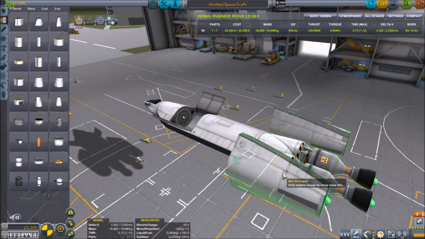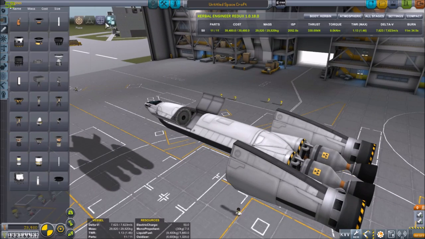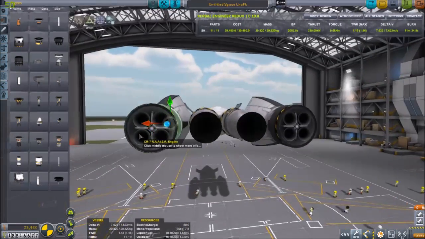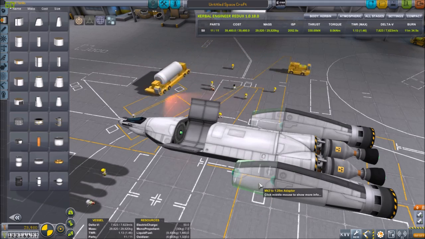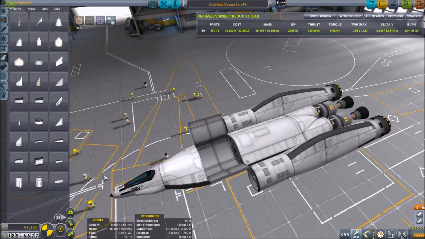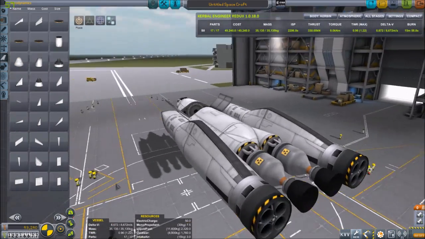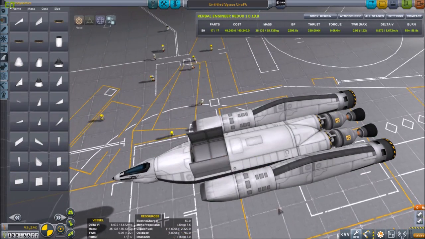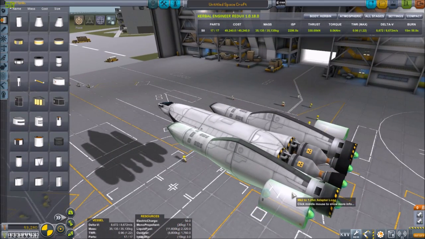So I've started with the Mark 1 cockpit, added some adapter and a cargo bay, then an extra fuselage and a bicoupler to have the two Nerve engines on the back. I also added adapters to the side of it so I can put some Rapier engines on there. The Rapier engines will be the air-breathing engines, which I will use in the atmosphere to get to some altitude where I can then